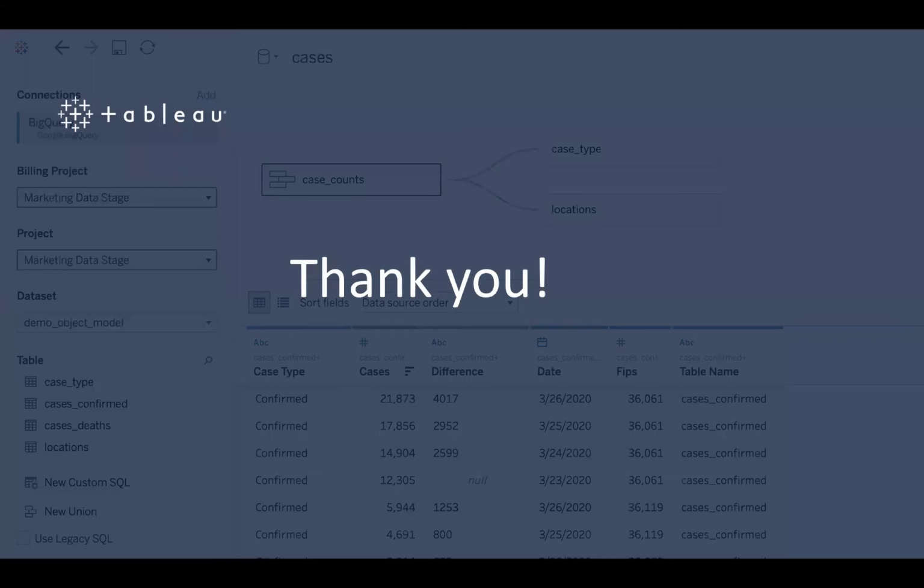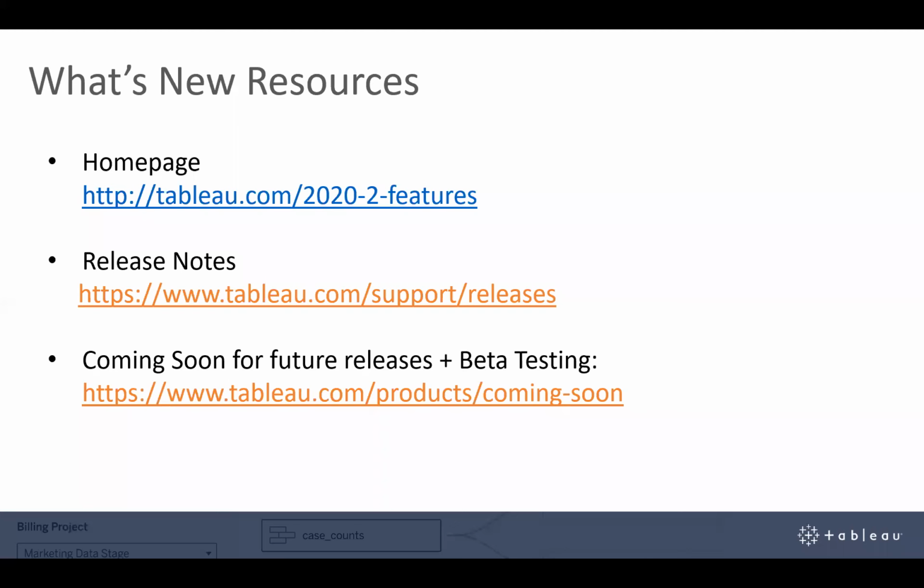That's everything that I have on the new capabilities. If you want to look at all the new features, I highly encourage you to go to tableau.com and look at the explanation of all of them, and the release notes that I mentioned earlier.